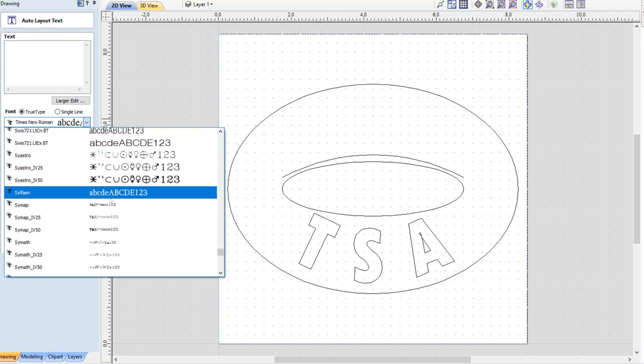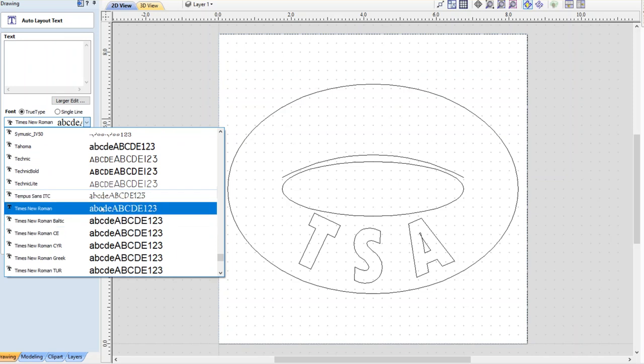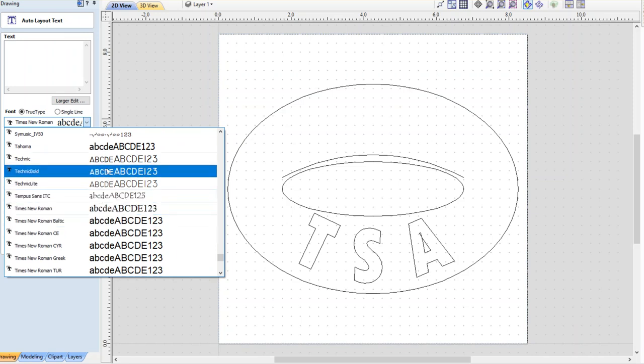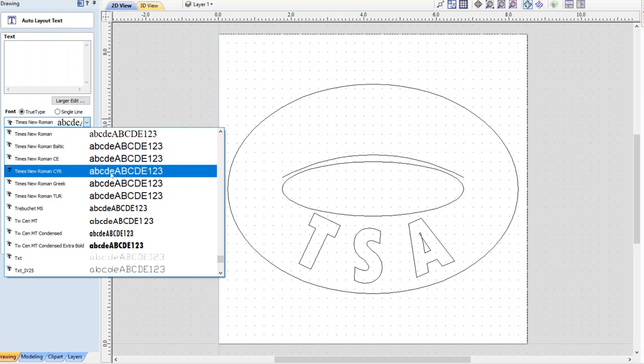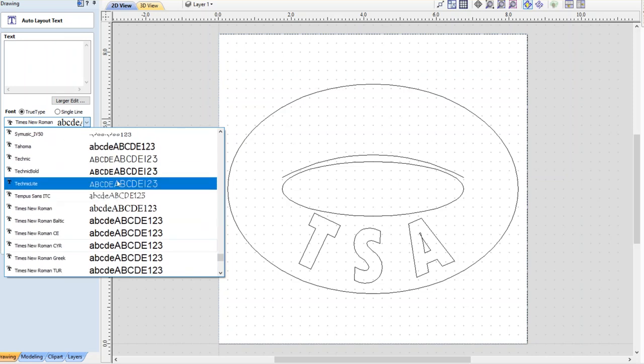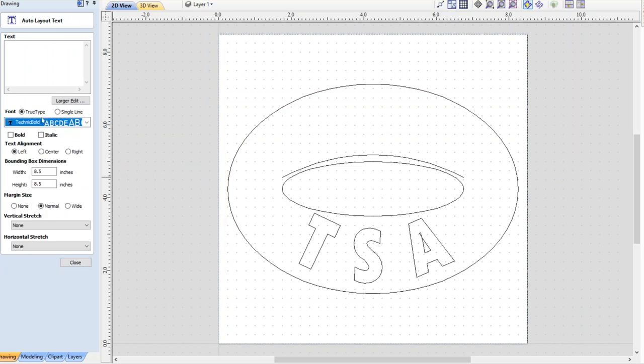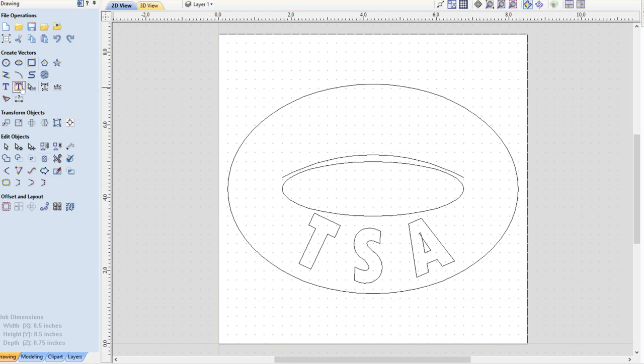There are quite a few fonts here. I suggest you choose a technical bold or something darker and easier to see. Okay. Click on the bold, and simply let's type. When you do choose the text, okay,